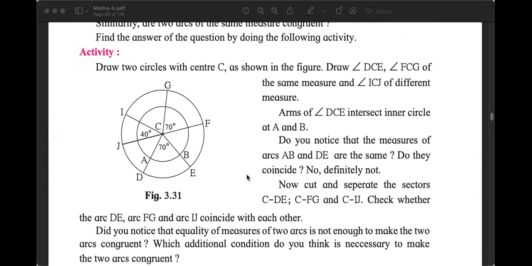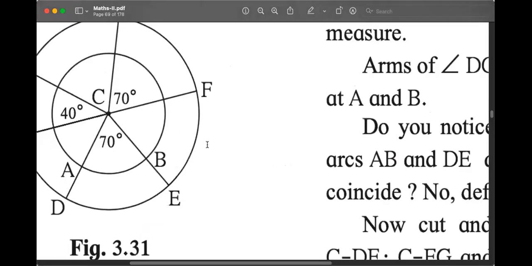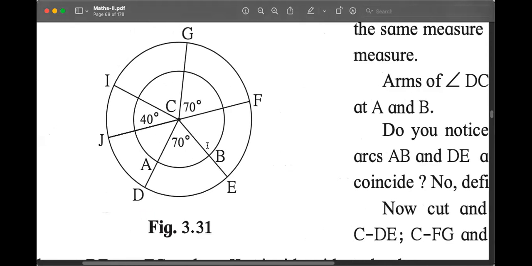Look at this diagram. This is a very interesting diagram. There are two circles. All of you should be able to see. Tell me, what do we call such circles? We studied this when we were revising for this chapter. What do we call such circles with the same center? Concentric circles. Con means same, centric means center. Circles with the same center. They are concentric circles. The center is C. Very clear.